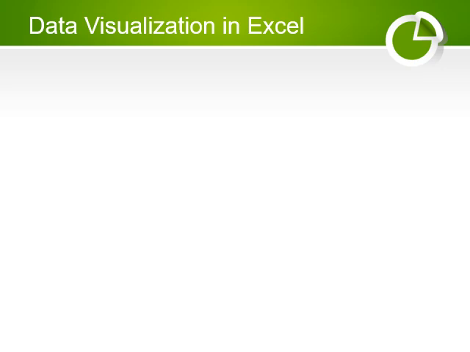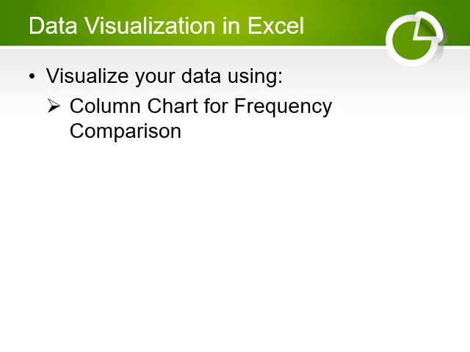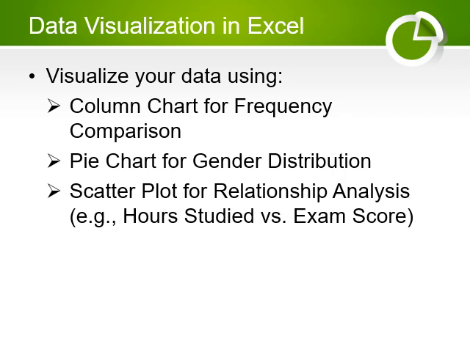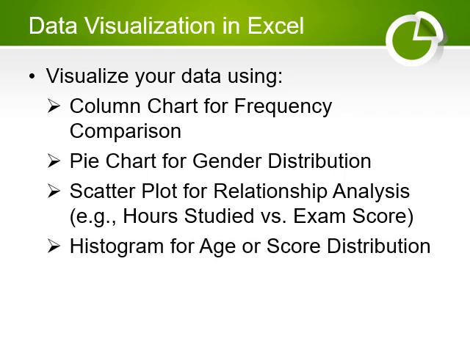So aside from calculations, we can visualize data using charts. A column chart can display exam scores across students. A pie chart is helpful for showing gender distribution. A scatter plot helps us visualize the relationship between hours studied and exam scores. And histogram shows us how scores are distributed, which is useful for understanding overall trends. This is true to our previous dataset being presented a while ago.